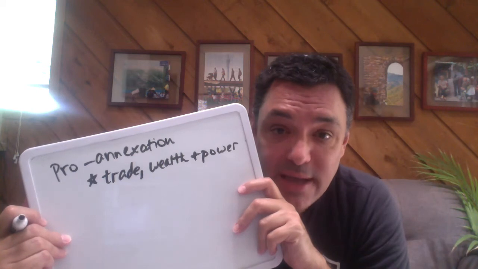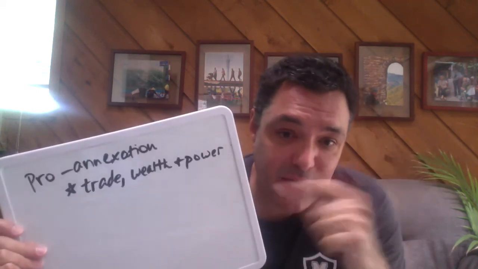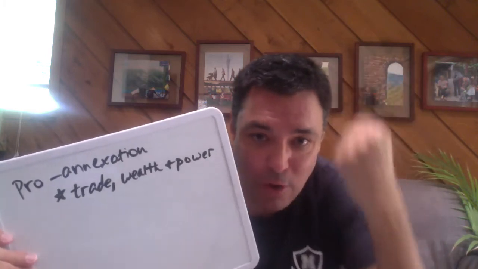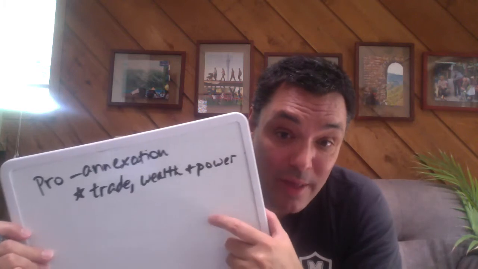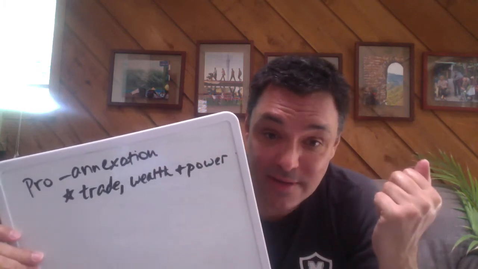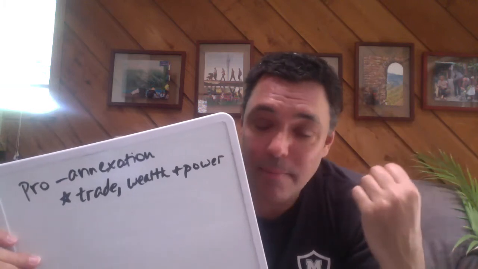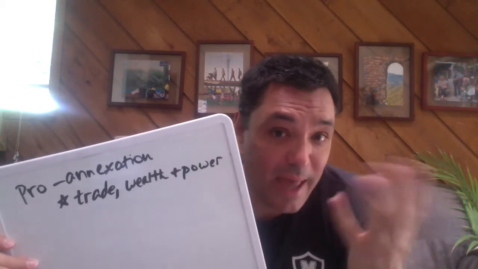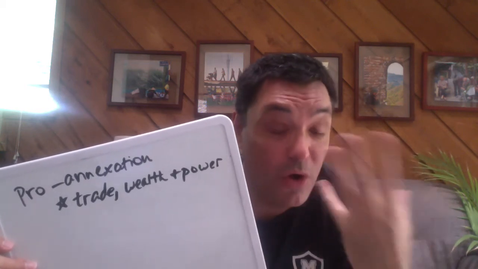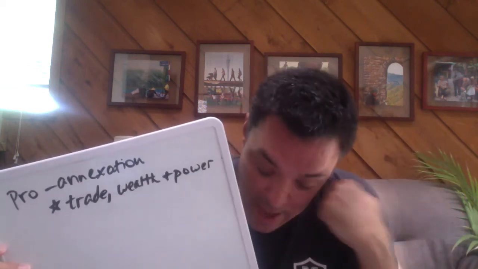Hey, look at the USA. They own all these countries. So power and prestige around the world. We're this big, strong power. And then money, trade, and wealth that you get from the natural resources of these countries. For example, Cuba, the Philippines, Puerto Rico, these are all tropical islands where you can grow sugarcane and the sugar industry and grow coffee beans and sell coffee and things like this. Okay, now another one is